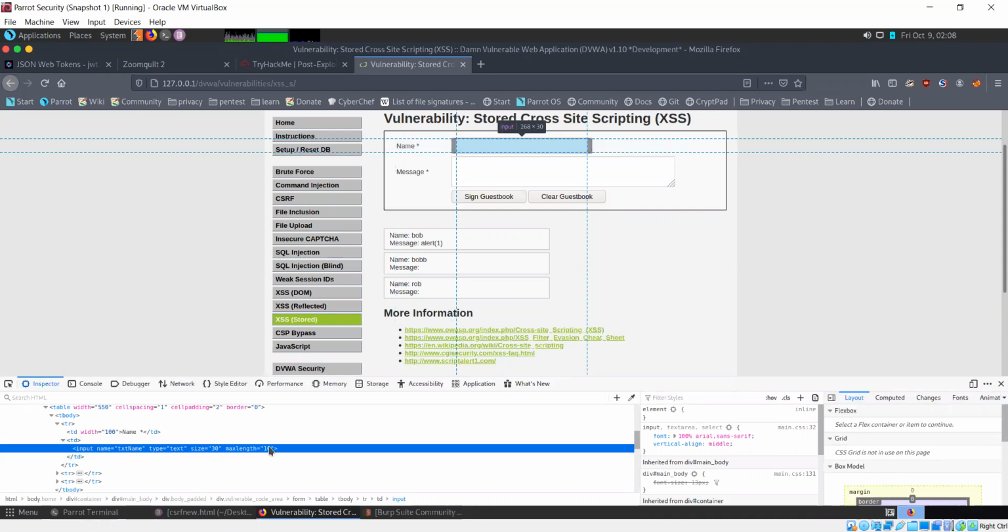So it says that it's not going to allow more than 10 characters. But this is just something that's been done on the client side. I just remove this parameter here.